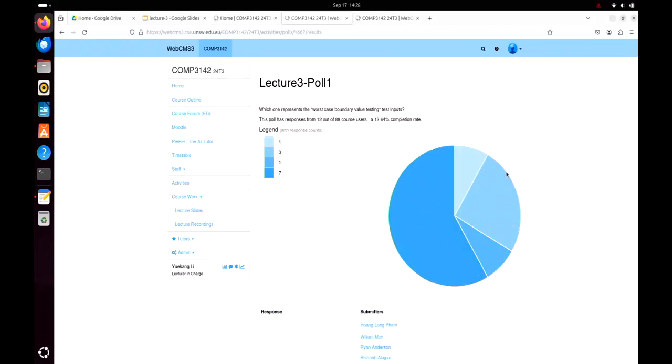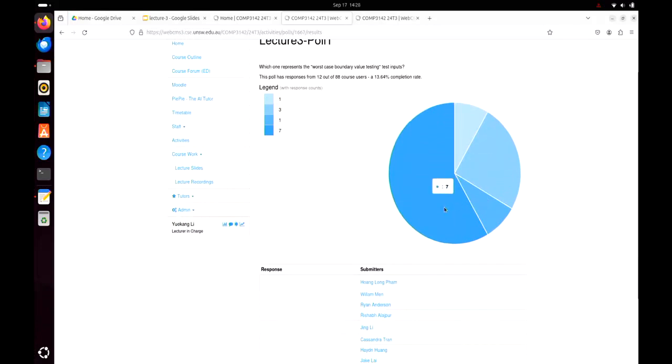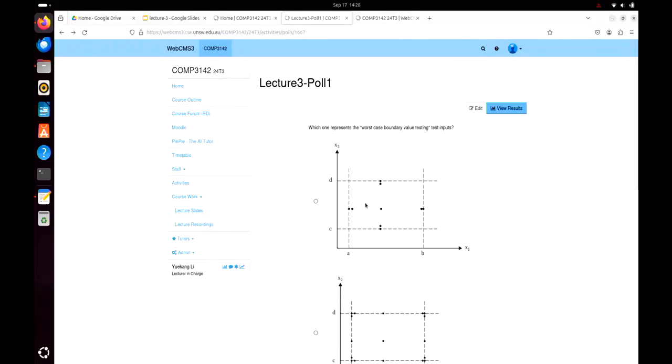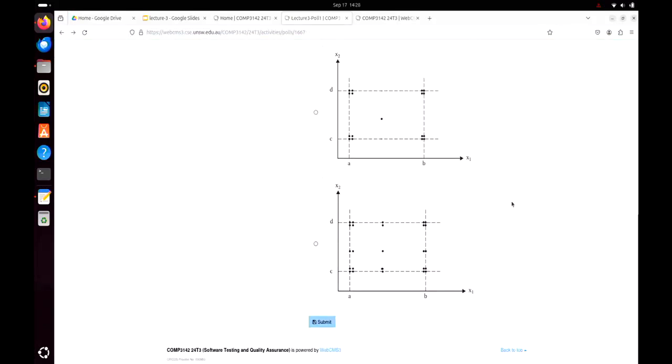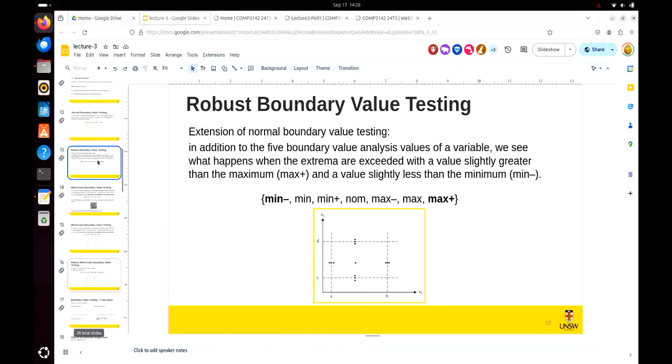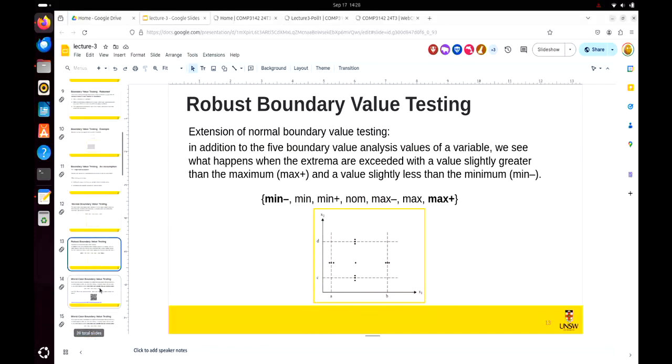Let's check the results. Most of you choose the last one, and it is actually the correct one. So congratulations. So the last one, according to the definition here,